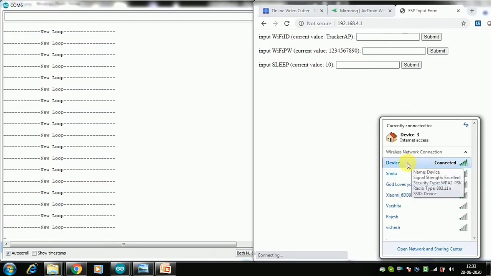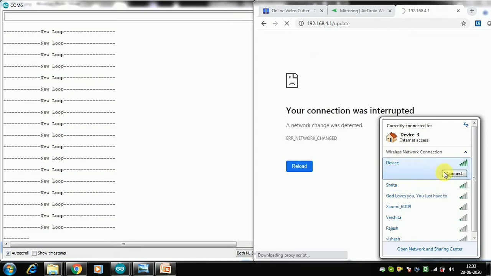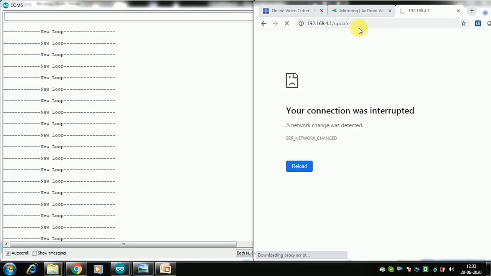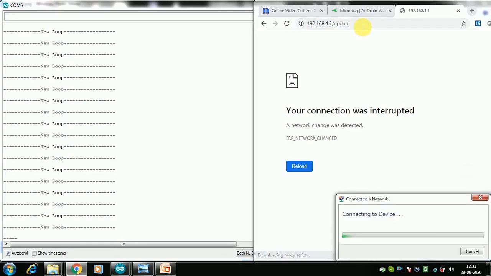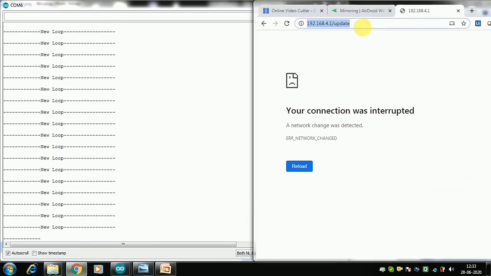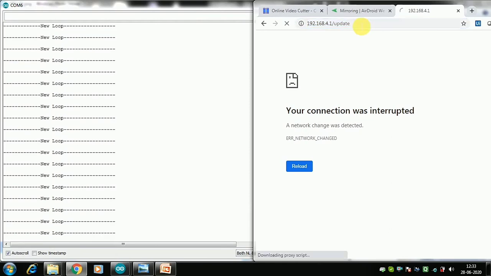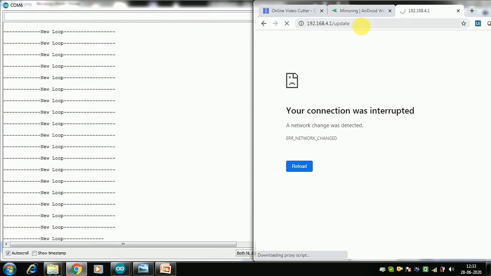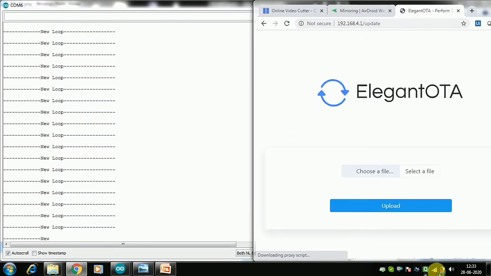I disconnect and then I connect again. Connected to the device, and now I enter that to get into auto update mode. So here is the auto update mode. Update mode, you can see it here.